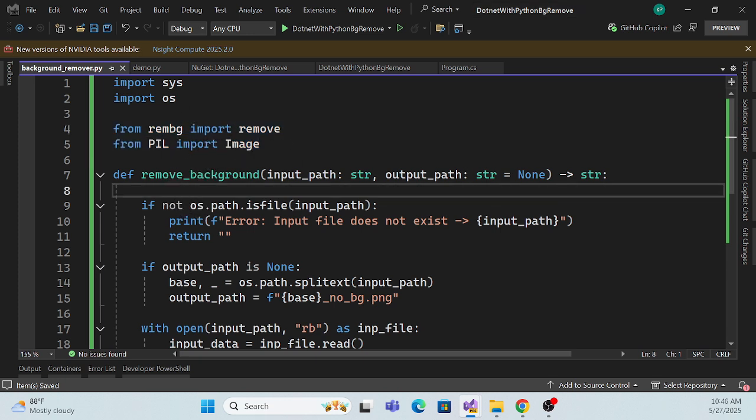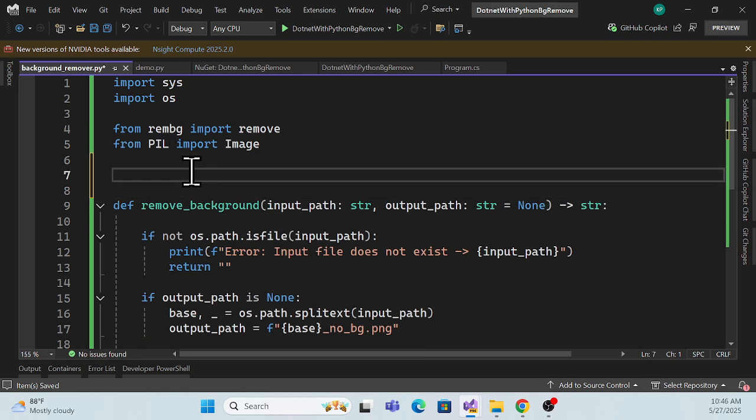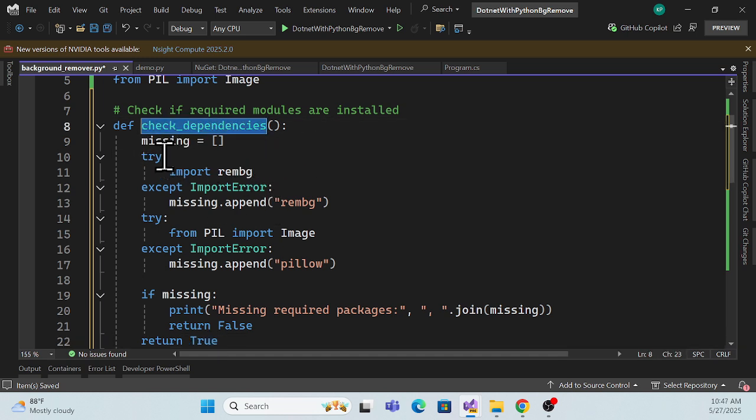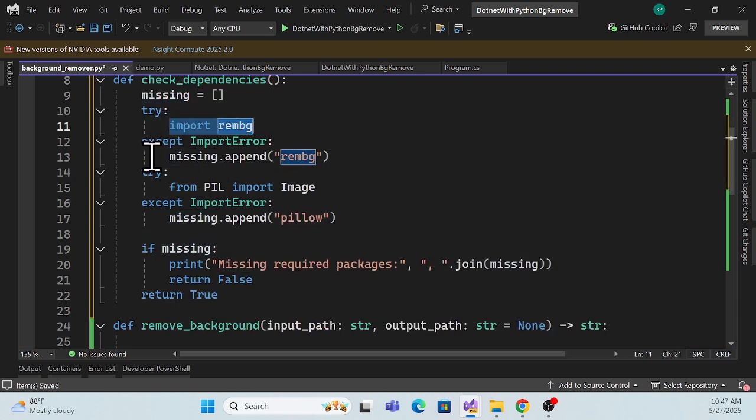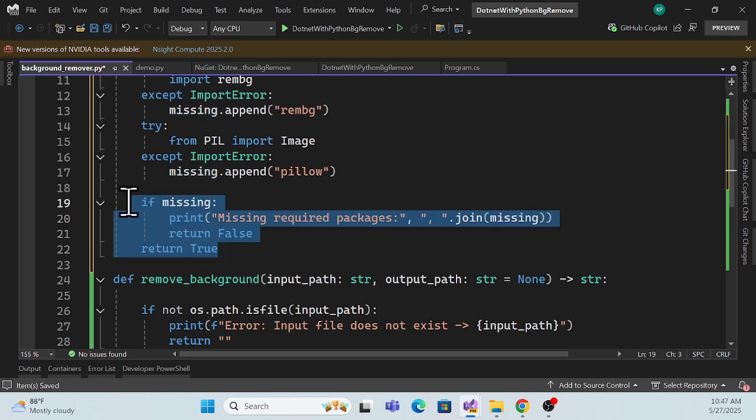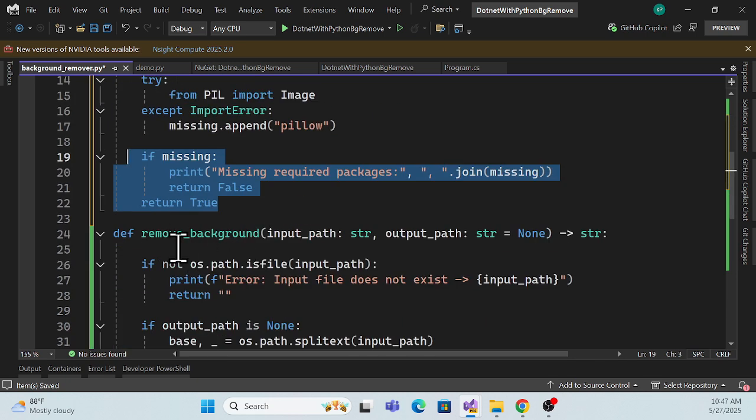So for that I have already created a function to validate whether the package is installed or not. I created a function, check dependencies, where we create an array, and here we import, and if it fails to import, it will throw an exception. Similarly for the other package, appending it, and in the end we read those exceptions and show them, so that before actually calling this method,